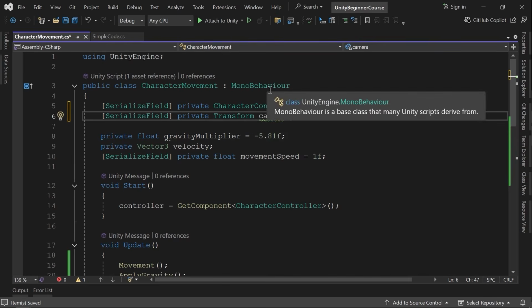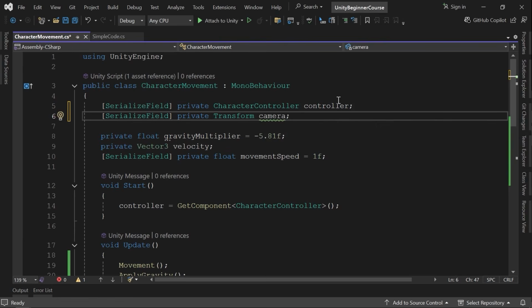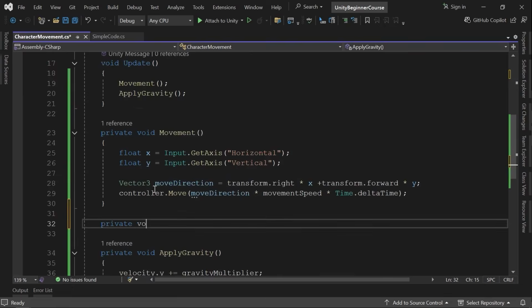Actually, the MonoBehaviour gives us a camera variable, just like transform with a lowercase t and gameObject with a lowercase g. It will give us a camera with a lowercase c. Actually, we redefined the camera variable because MonoBehaviour has a camera variable. So if we want to redefine the camera, we need to write the new keyword. Here, after private, we can write new, and the green underline has gone. Alright, let's define a